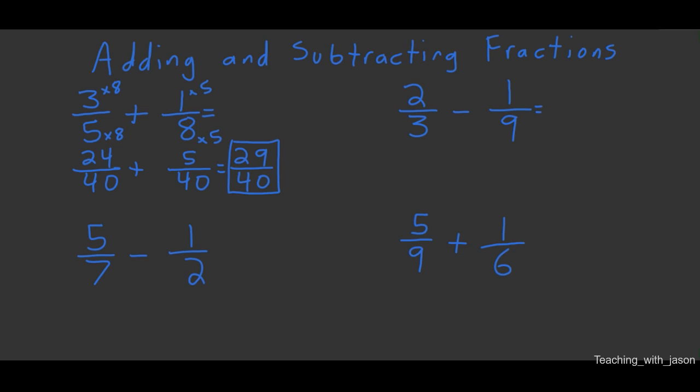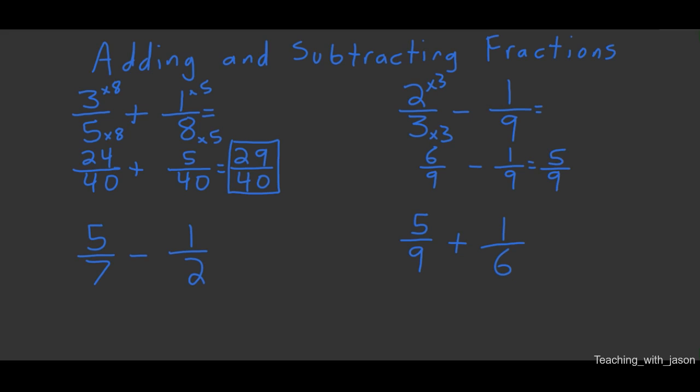So we're going to look once again for shortcuts. Well, 3 goes into 3. 3 also goes into 9. I can actually turn a 3 into a 9, so 1/9 will remain the same. And I'm going to multiply by 3, multiply by 3, and I end up with 6/9 minus 1/9 will give us